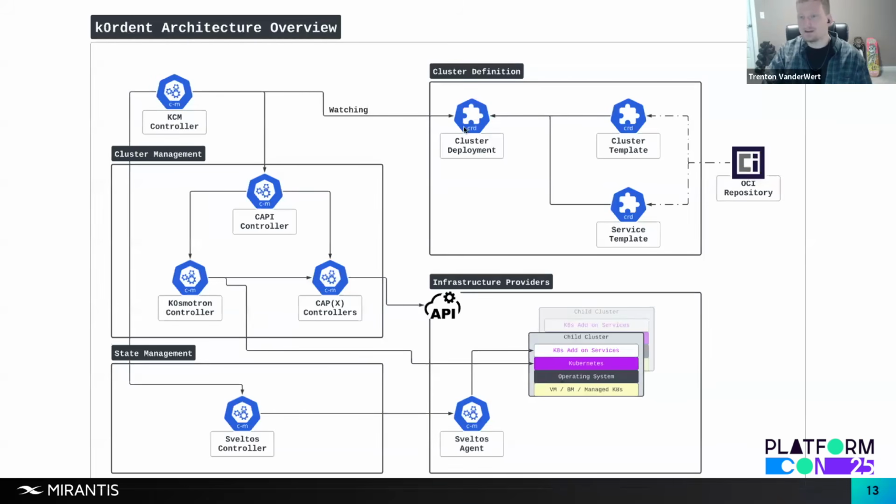Realistically, the only thing anybody is thinking about from day to day is these cluster deployments. Well, the operators are going to think about cluster templates and service templates, but those are one-time, early things, right? These are your golden paths. These are your actual workloads. That's your workload definition. If we think in terms of object-oriented programming, these are the classes we are defining, then we create an object using that class, pass it the required parameters and arguments, and instantiate an object out of that class. These cluster templates are like classes, right? You can think of cluster templates as classes, except I don't want to say it's a